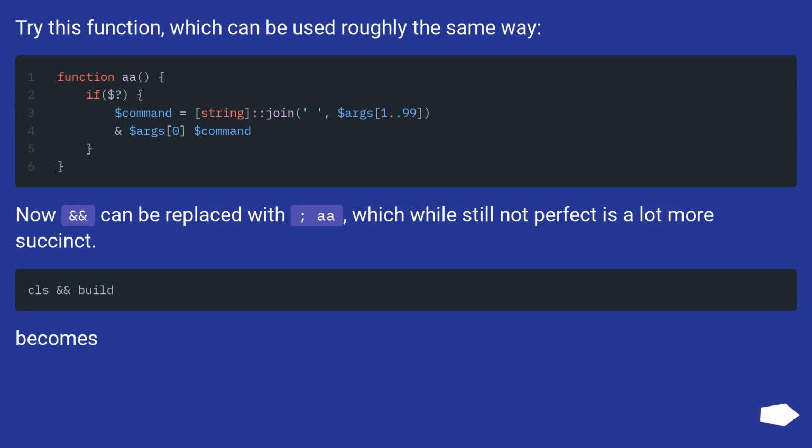Try this function, which can be used roughly the same way. Now a double ampersand can be replaced with AA, which while still not perfect is a lot more succinct. Becomes